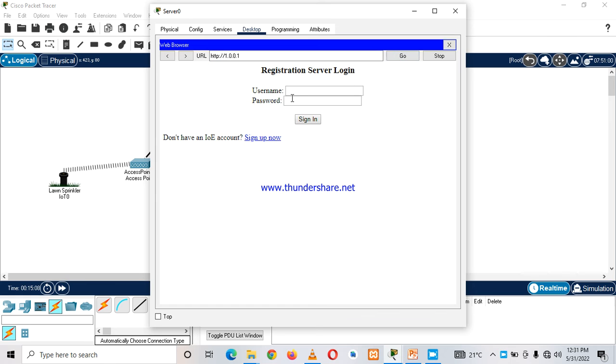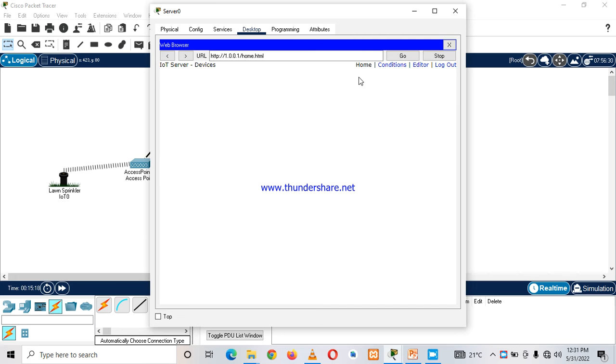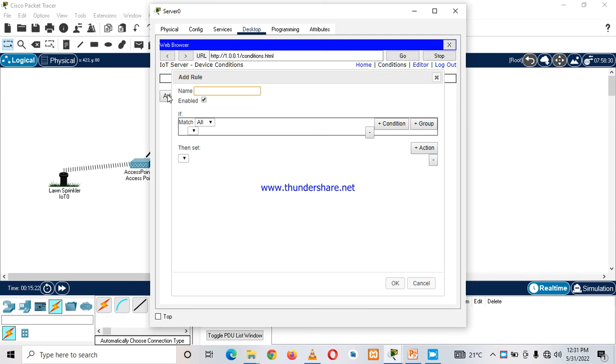Let's log in to our server. After signing in, we go in condition to add a condition. Then we add the smoke. When smoke on, that is the name of our condition. Our device of smoke is